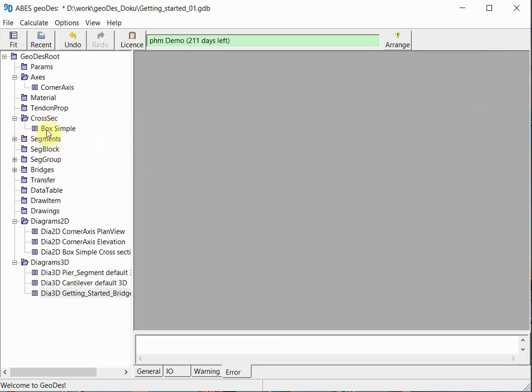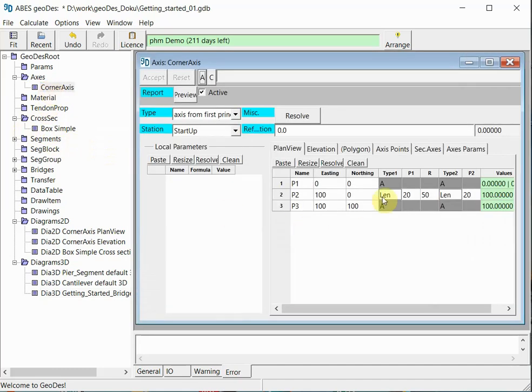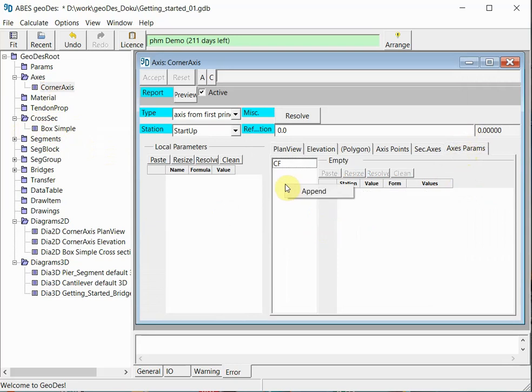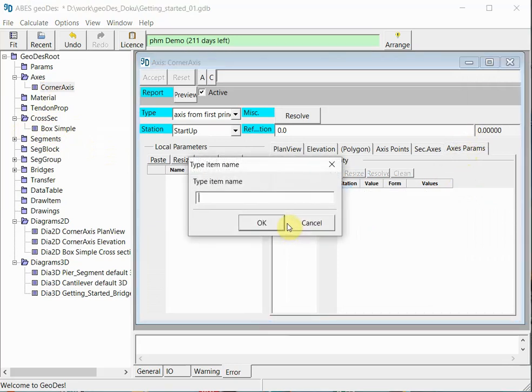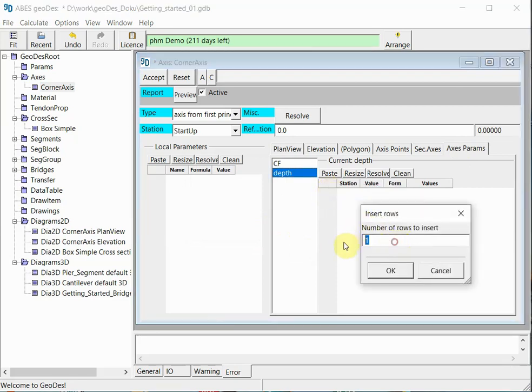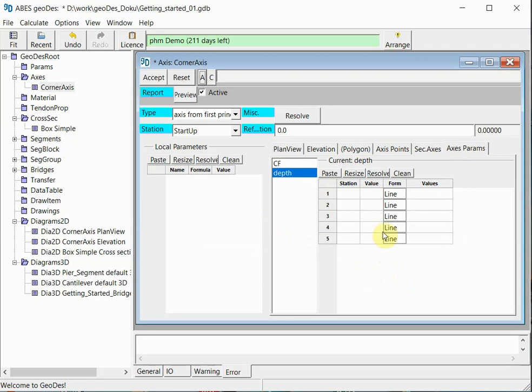For this purpose, I go back to the axis parameters, and I will introduce yet another SOL dependent parameter, and I call it depth. It will be the cross-section depth. In fact, I'm inserting 5 lines in this case, and the depth should be 3 meters starting at the very beginning of the axis,